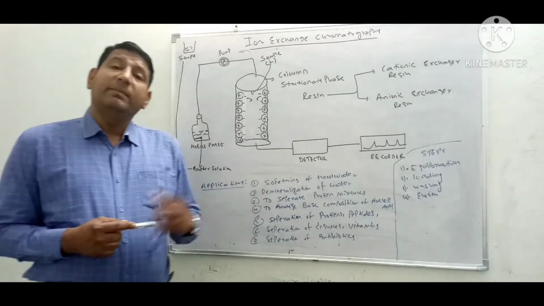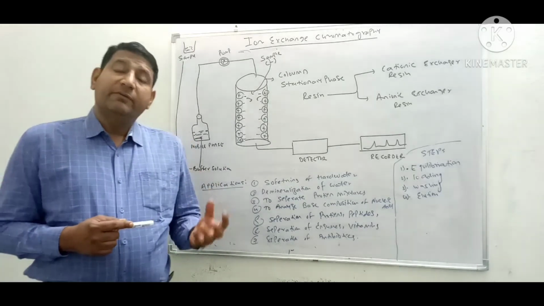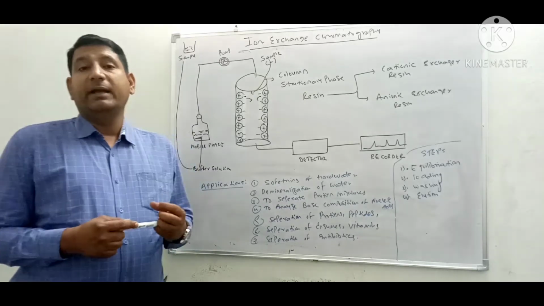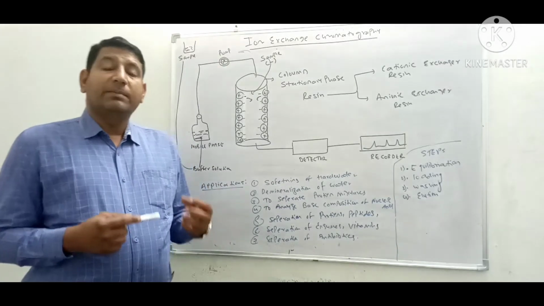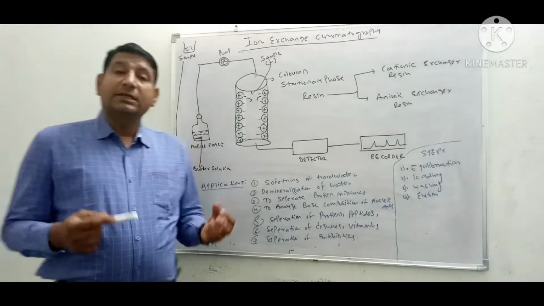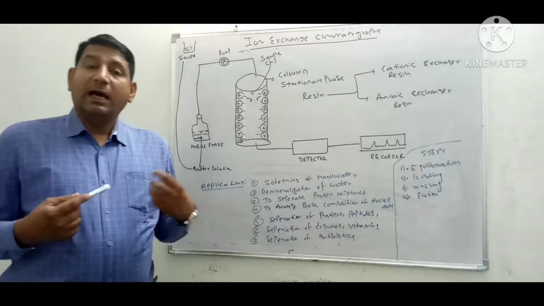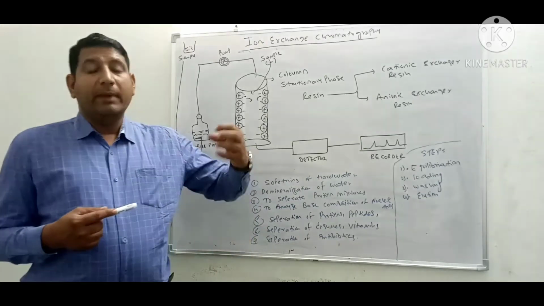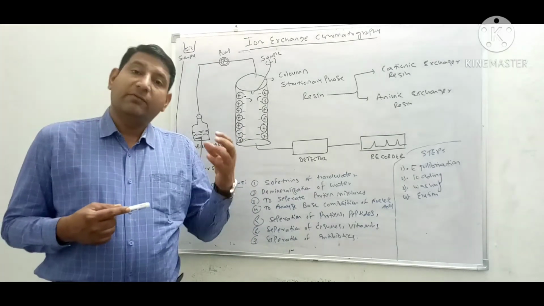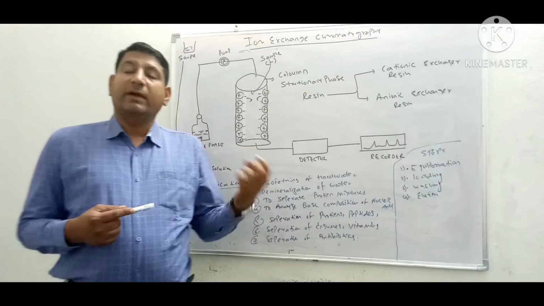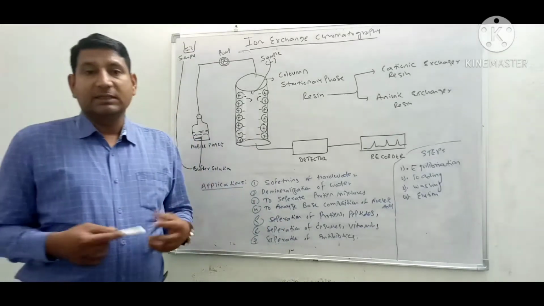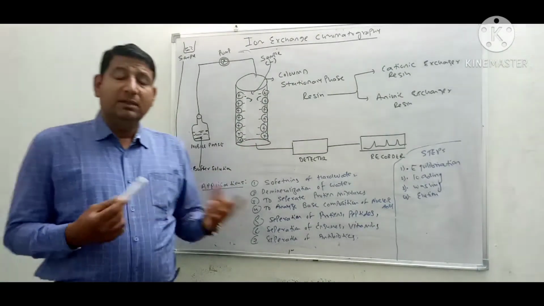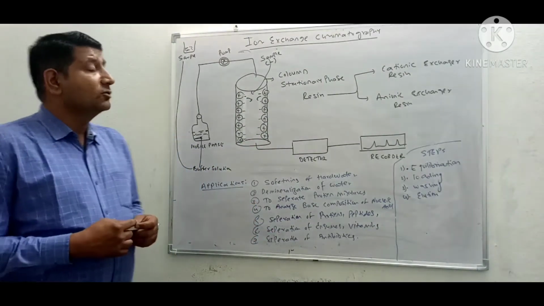Ion exchange chromatography is basically a technique by which the desired substance is separated, identified and purified by the principle of exchange of ions. Here anionic or cationic substances are allowed to mix into a charged matrix, and from the charged matrix the separation of ions takes place, as we have discussed in our principle segment. Now let us discuss the instrumentation part of ion exchange chromatography.